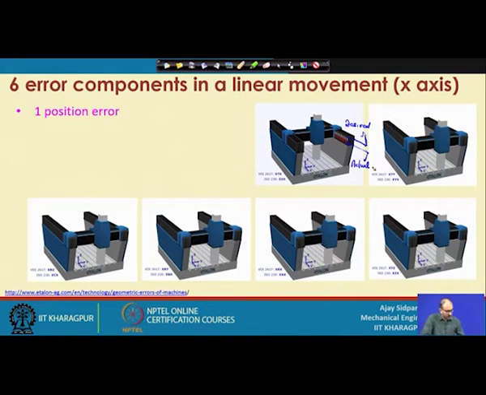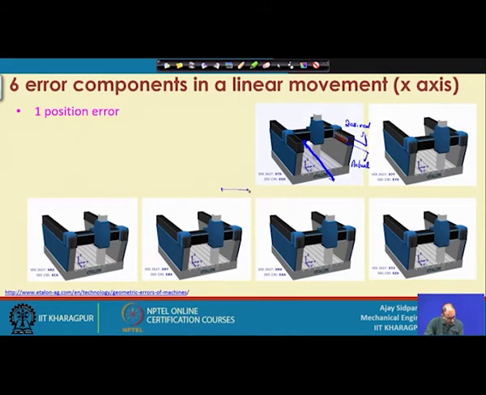Now, how are these things different? If you see, the spacing between all the white lines is uniform, it is constant, but the spacing between the red lines is very random. So, what is the problem? That is what we are talking about, the stick-slip phenomenon. Sometimes it is very easy to move, then suddenly you get a stick phenomenon, friction is very high, and then there is sudden movement. So, you are not able to move your x axis very uniformly. That is the position error, that you are not able to find one particular location.